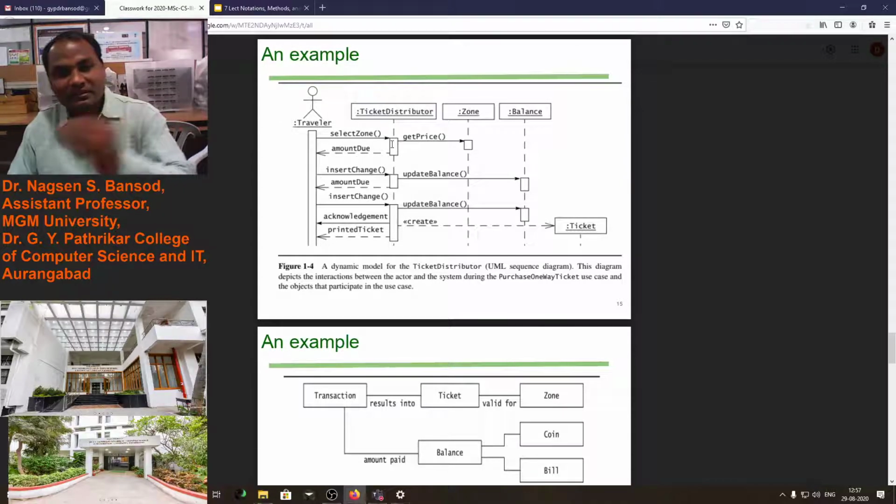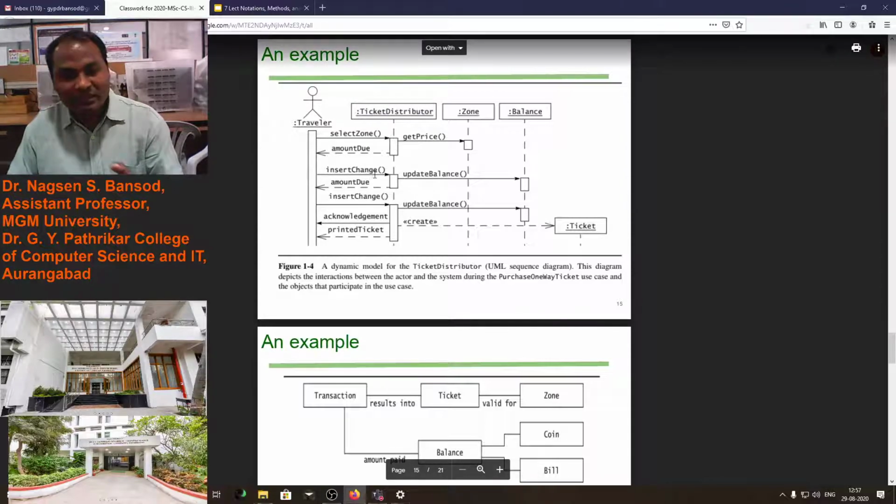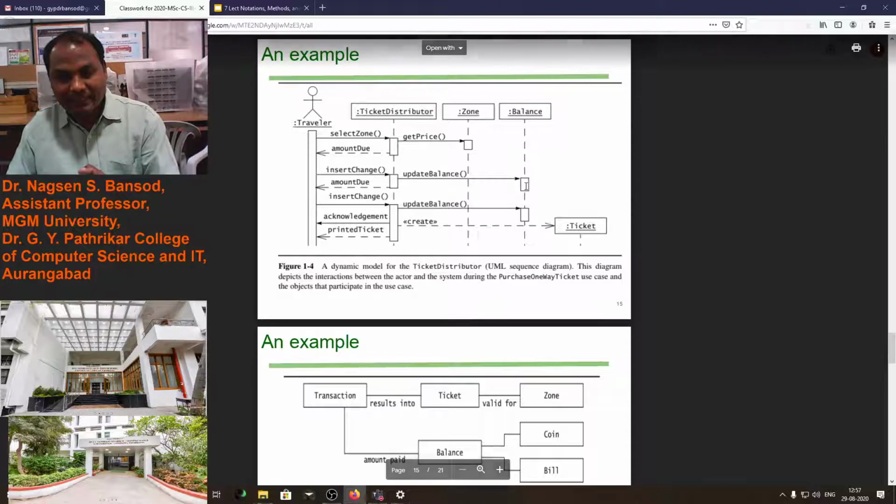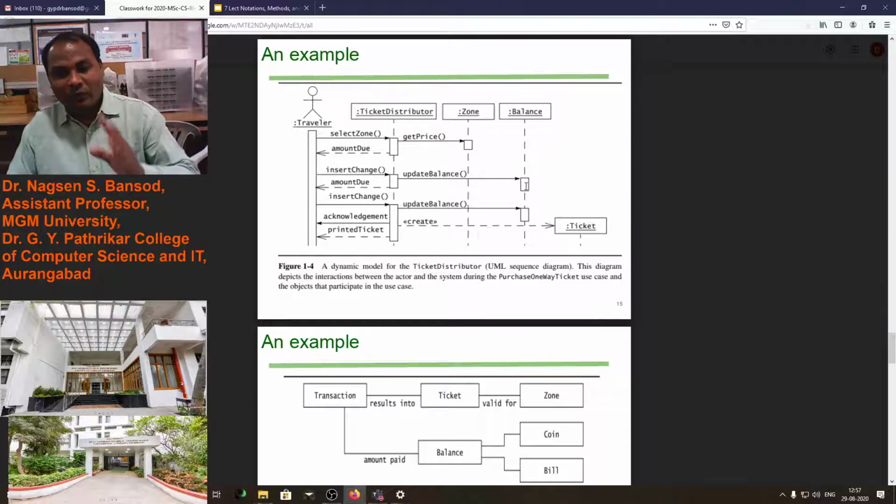If he has not inserted the total amount, then there will be a due amount. The traveler should insert the change again and update the balance. The balance required should be greater than or equal to the ticket value.